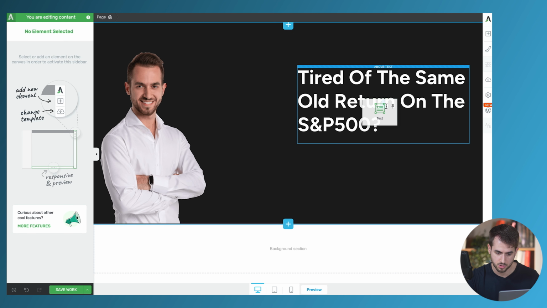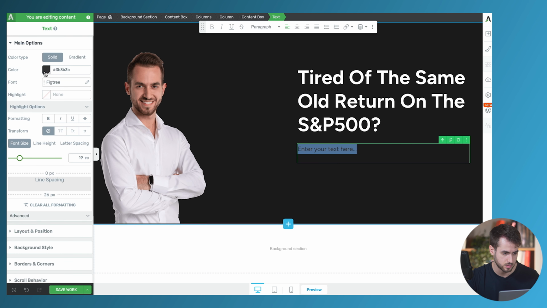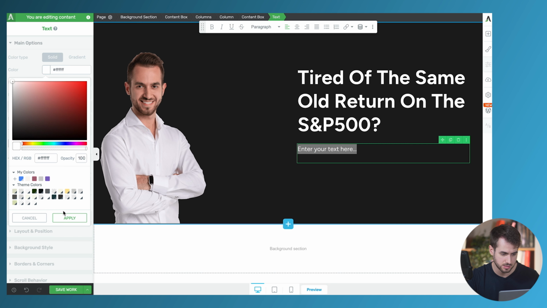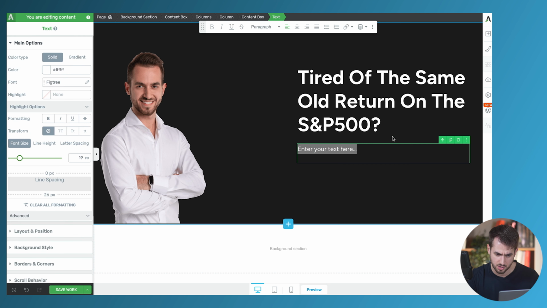Let's drag and drop some more text underneath this. Again, let's make it white. I'm not dissatisfied with this font, Victory, right now. I think it's okay. Maybe a little bit too fun for, again, the kind of mood that we're trying to create. But for now, I'm going to leave it as it is. I'm satisfied with that. So let's do